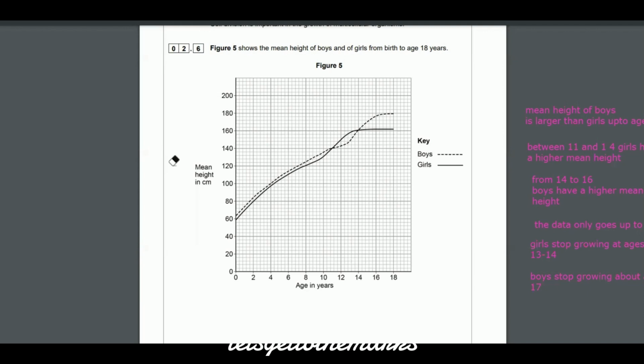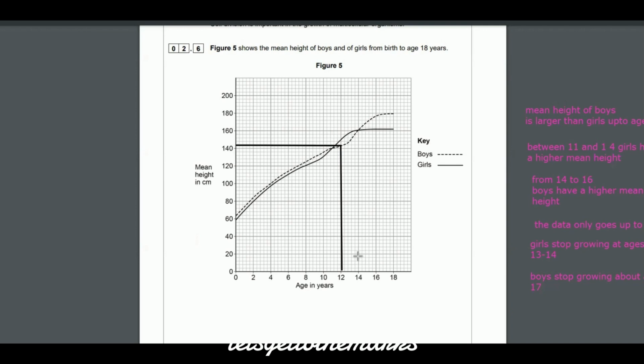But there are some more complex answers you can give here. You can pick any line and state the difference in the height of boys and girls at that age. So for instance, let's go to 12. If I bring the line up here and then bring it across for girls, we can see that girls are like